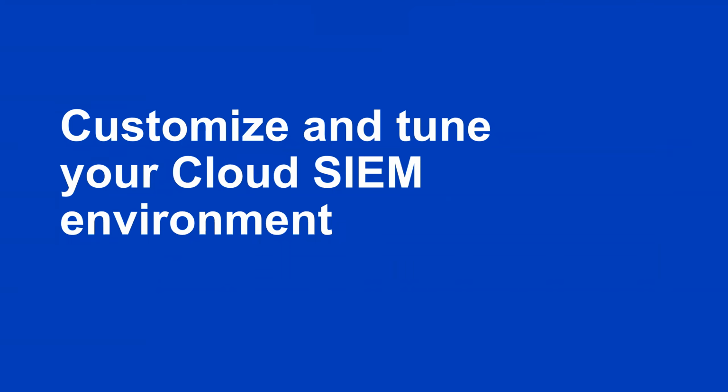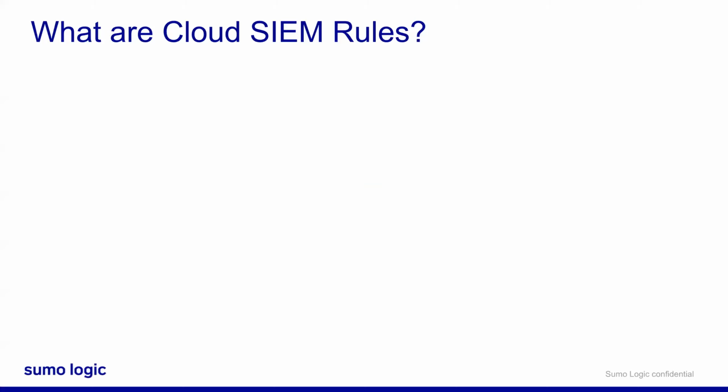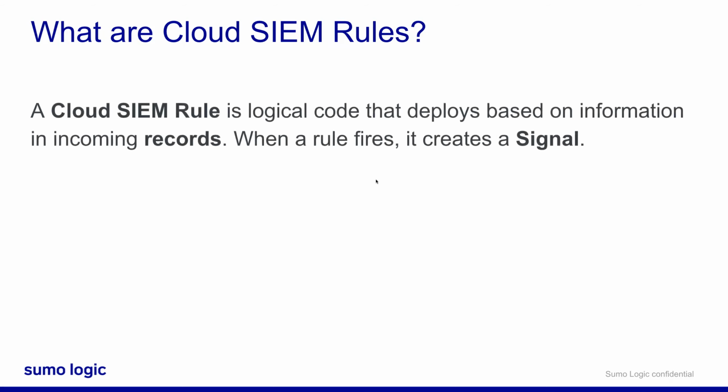This is something someone else asked about earlier, but many of you are probably thinking about it. And so let's go ahead and talk about customizing Cloud SIEM. Now, Cloud SIEM rules, what are they? Once you've completed a few investigations, you might want to modify or add rules, data sources, match lists, other things to Cloud SIEM. And these modifications can help reduce false positives or alert you even faster. The most common things to customize are going to be rules and insights.